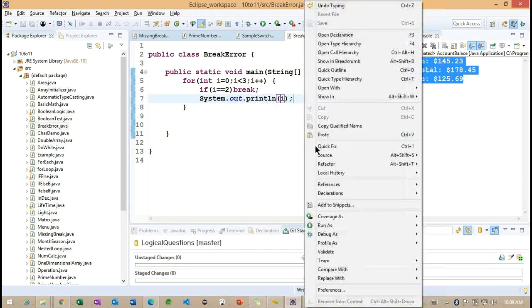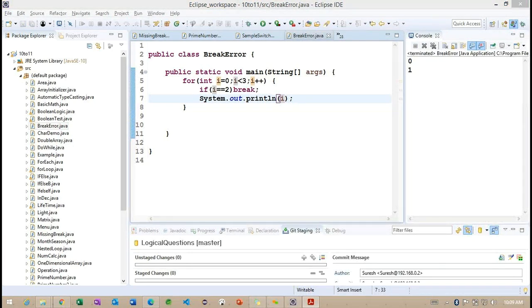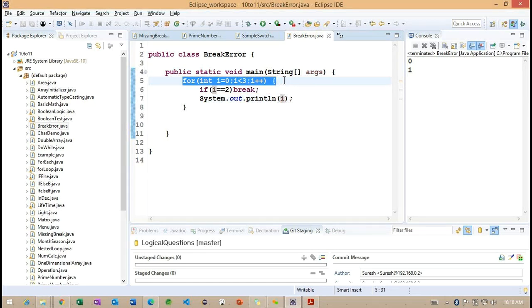So what do you understand here? Whenever we use this break statement, what happens internally? This section prints up to 0, 1. Why is the second one not printing? Because whenever the i value satisfies the condition, it terminates the loop and comes out of the loop. Basically this loop is going to repeat 3 times, but based on this condition, it repeats only 2 times.